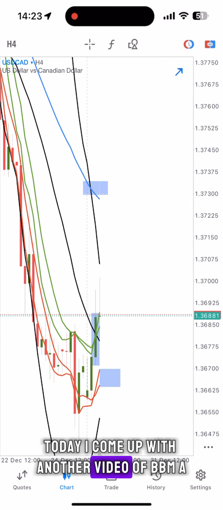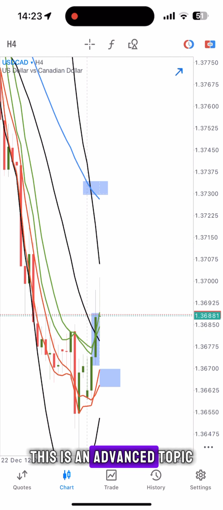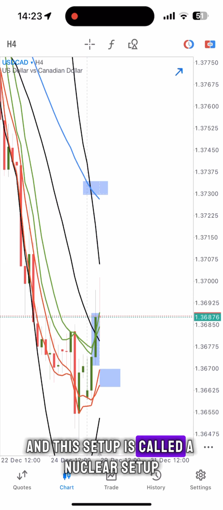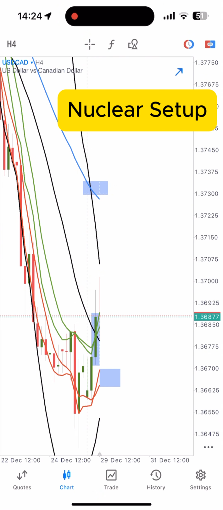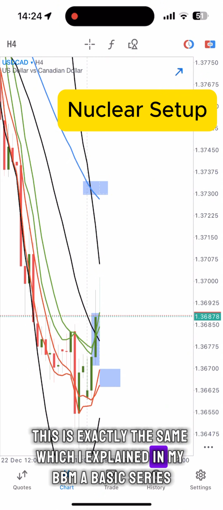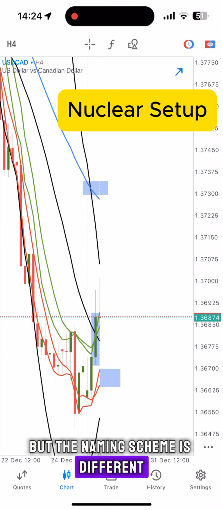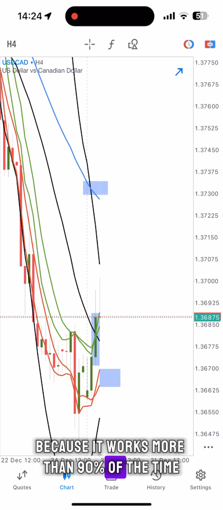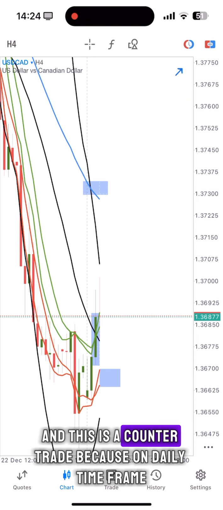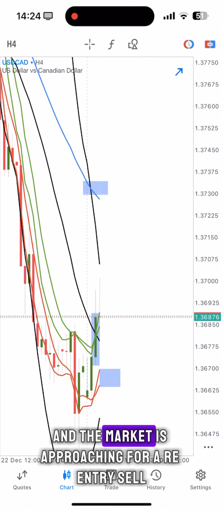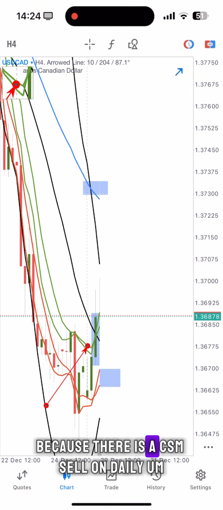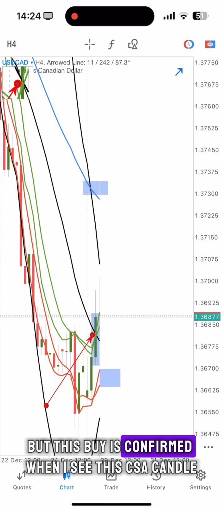Today I come up with another video of BBMA. This is an advanced topic and this setup is called a nuclear setup. This is exactly the same which I explained in my BBMA basic series, but the naming scheme is different because it works more than 90% of the time, and this is a counter trade because on daily time frame the market is approaching for re-entry sell because there is a CSM sell on daily, but this buy is confirmed when